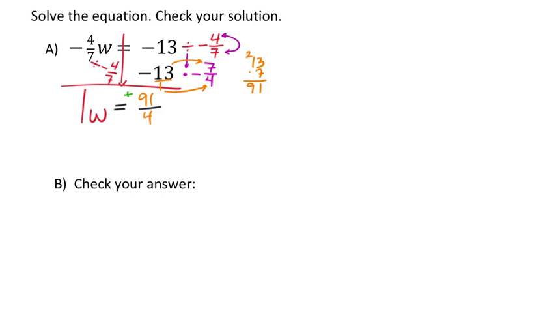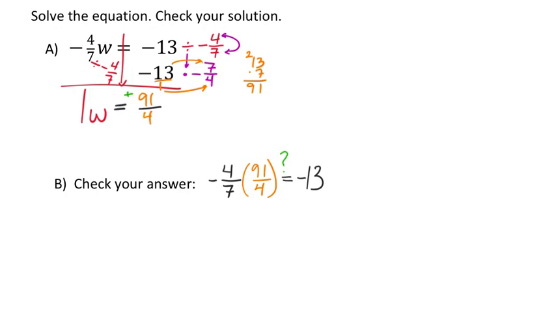So let's check our answer. So let's go back to the original equation. Again, you should be using the original equation to check. It's negative 4/7 W equals negative 13. Okay, but we're pretty sure, hopefully we did that right, but W should be positive 91/4. Okay, and again, I'm going to put a question mark over the equal sign just because we're not sure